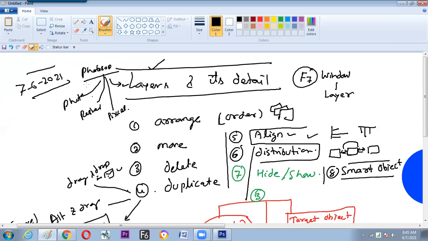So we can see now how Photoshop can be defined. Because it is defined through layers, layers do a maximum of the work, which is not possible in physical design. In paper design or painting, we cannot move a particular thing. But in digital, because the layers are there, it allows us to move, duplicate, hide, show, arrange, align, distribute. All these things can be done. The summary of Photoshop is this.